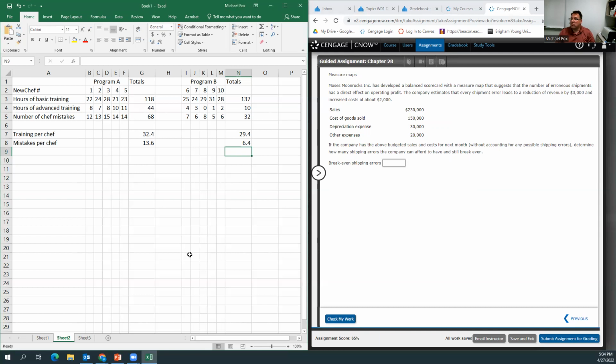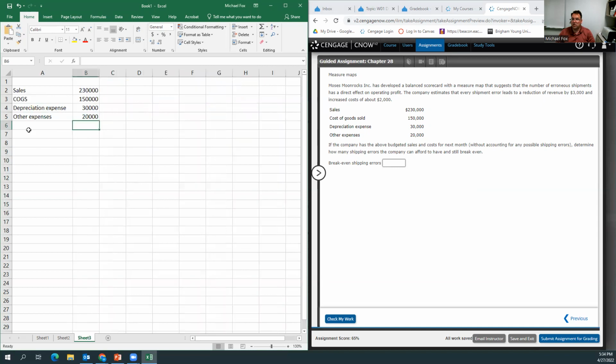Anyway, he's developed a balanced scorecard with a measure map that suggests that the number of erroneous shipments has a direct effect on operating profit. The company estimates shipment error leads to a reduction of revenue by 3,000 and increased costs by 2,000. So I'll just put that in here. So errors, reduction of revenue, 3,000, increased cost, 2,000. So our total cost